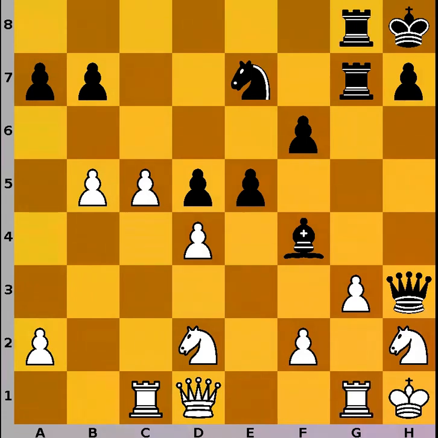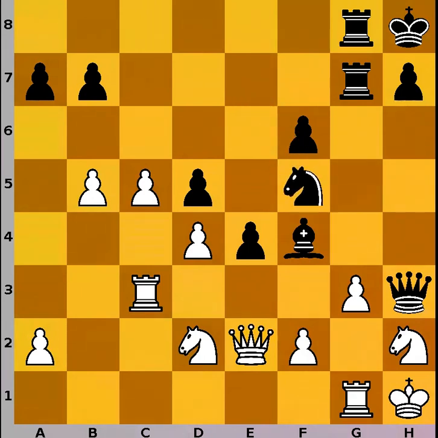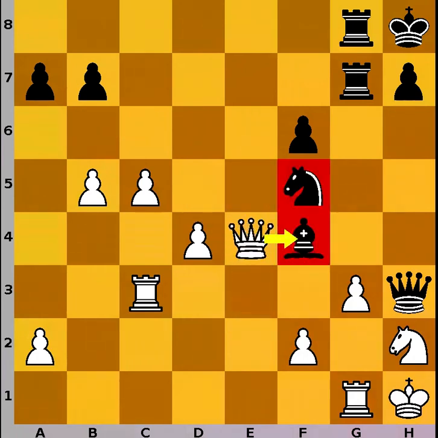Black doubles the rooks along the g-file, and now it's only a matter of time before white breaks under the pressure. Queen goes to e2, e4, rook to c3, knight to f5. And here white decides to sacrifice the knight, hoping it might release the pressure. So knight takes the pawn on e4, d takes on e4, queen to e4, double attack on the bishop and